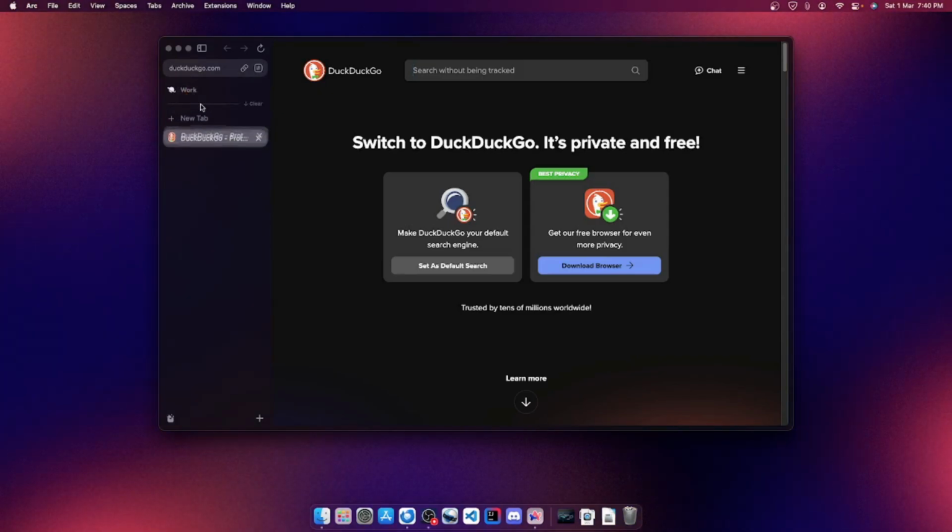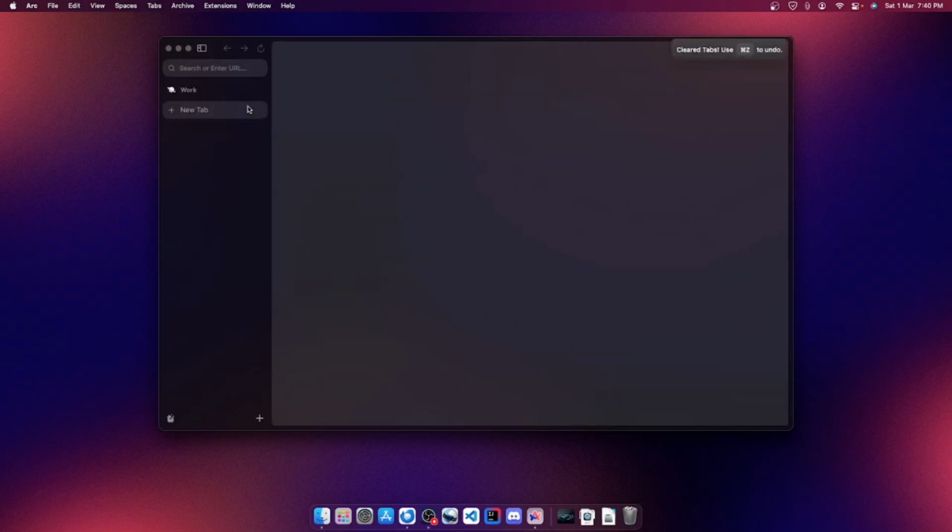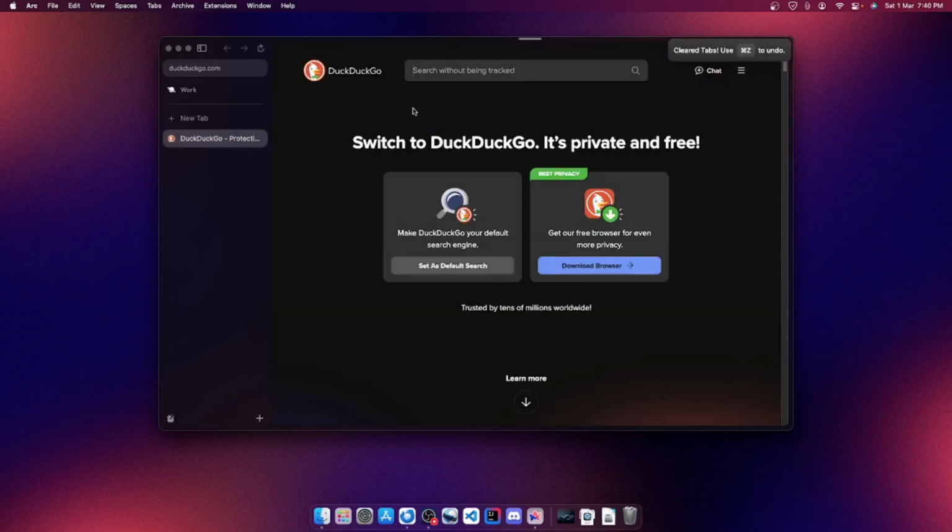Okay, for some reason it's not pinning there. I'm pretty sure this is a feature of Arc. So you can move it. I don't really know why this isn't working. Okay, yeah. So what you've got to do is move it and put it over here so that your workspace starts to highlight over here. So you put it like this, and now you can pin your tabs.